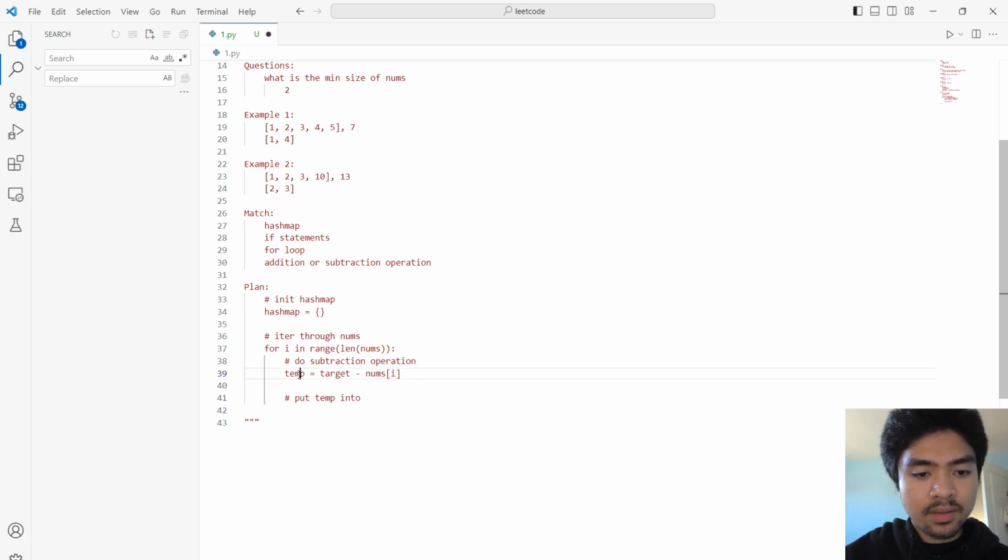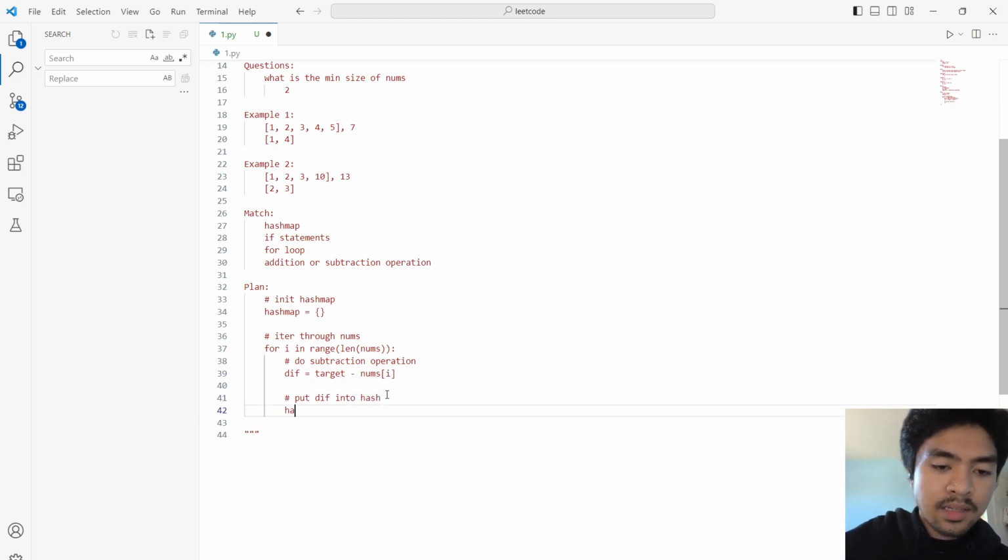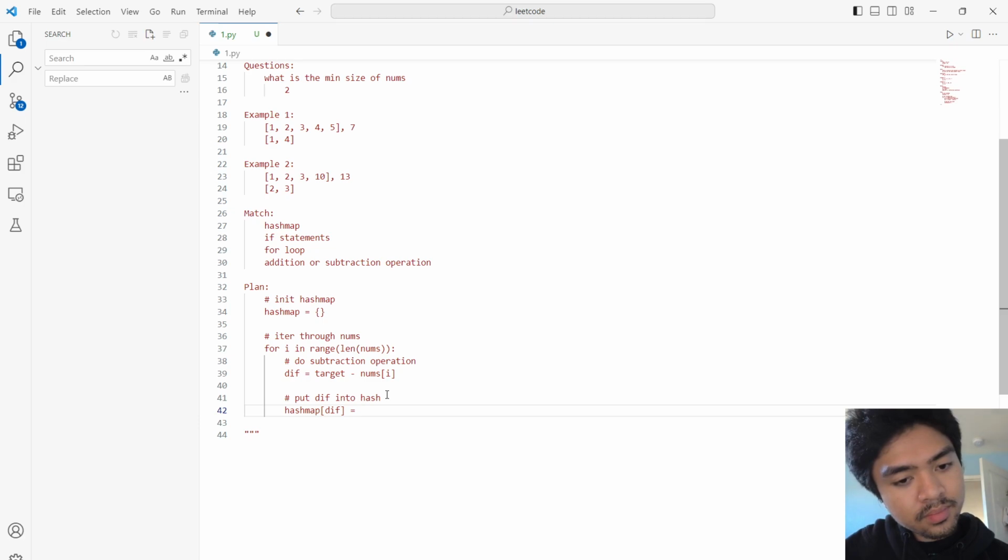I'm just going to name it difference, so this makes sense. Put diff into hash map at diff is equal to,